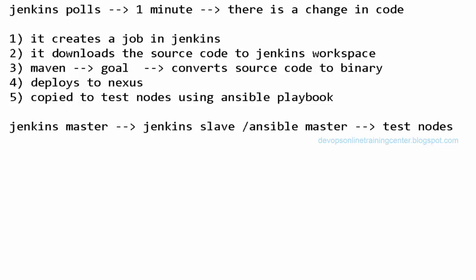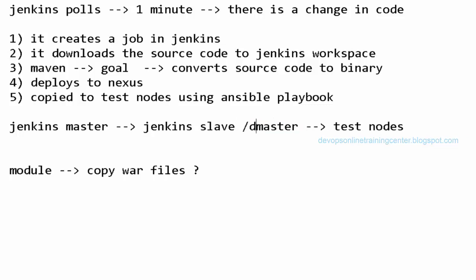Yes. Right. So how do we write a playbook? So that's this thing we can use, right? What is the module we use to copy? One more thing, Santosh. If we have to bring Salt into the same scenario, where can we put Salt? Yeah. So here instead of Ansible master, we have to put Salt. I think it's also called Salt server and Salt minions instead of agents.